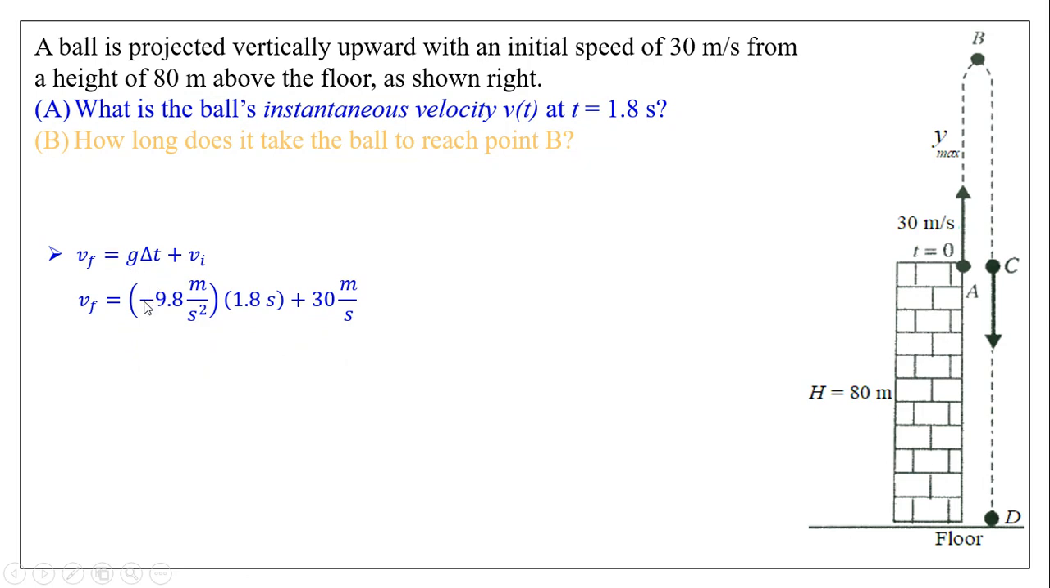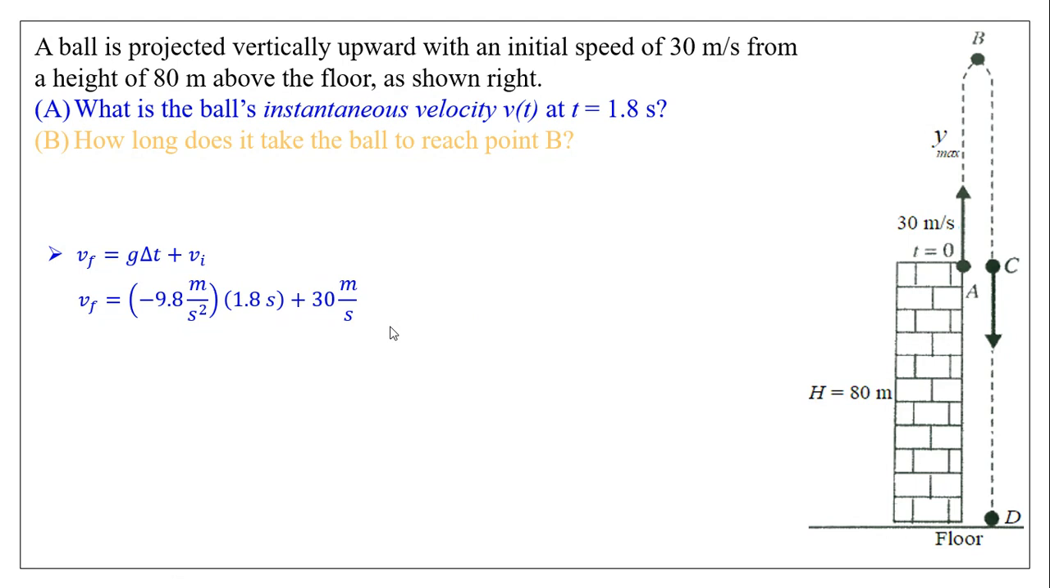So G, I substitute in negative 9.8 meters per second squared. Time is 1.8 seconds. So I'm going to plug in times 1.8, but I'm starting at 0 seconds. So therefore at 0 seconds, my initial velocity was given as 30 meters per second. So here I substitute in VI as 30 for that reason. So my time interval here is from 0 seconds to 1.8 seconds. Okay, so at 0 seconds, my initial velocity is a positive 30 meters per second